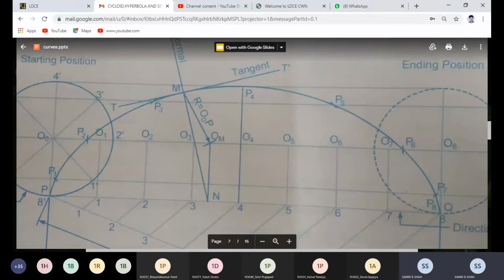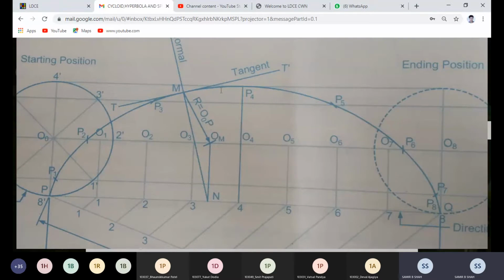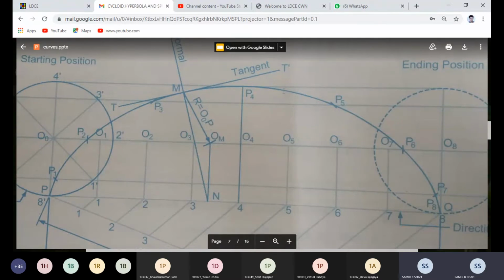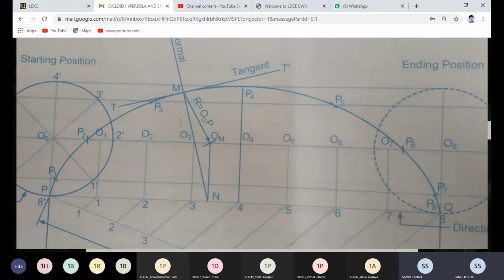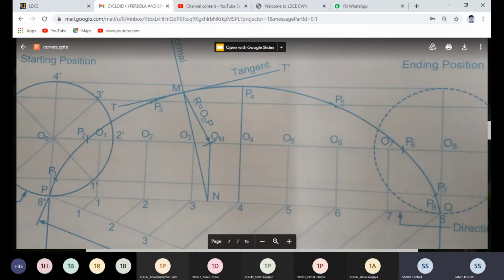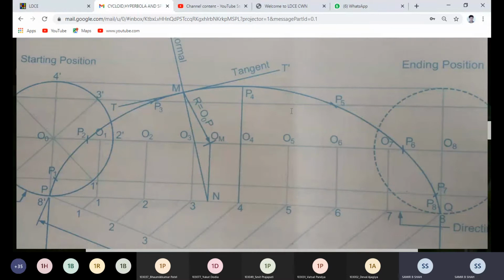our tangent. I repeat that. Take a random point M on the curve. From that point, consider it as a center and draw an arc on the center line, which may intersect somewhere. It is called OM. From that point, draw a vertical line on the surface. From that point, join the curve. So it is your normal, and draw the tangent. So it is called the normal and tangent of that curve.